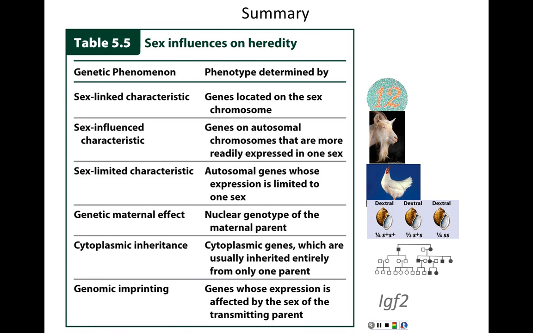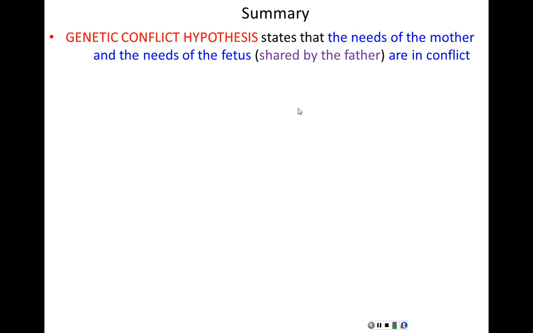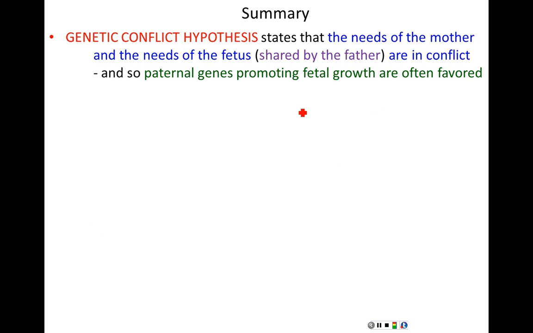And then we talked about genomic imprinting and the genetic conflict hypothesis. We used IGF-2 as our example, where the maternal IGF-2 is shut down completely, and the paternal IGF-2 is left on because it usually promotes fetal development more vigorously. So the genetic conflict hypothesis basically states that the needs of the fetus trump all. And if the needs of the mother and the needs of the father are in conflict, the needs of the developing fetus will win. In this case, the paternal genes are allowed to stay on because they promote fetal growth.